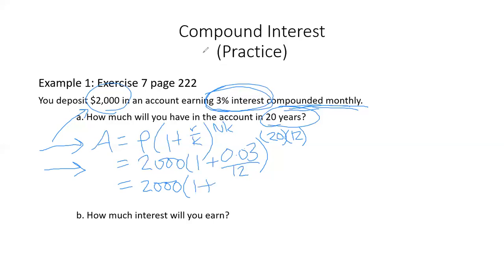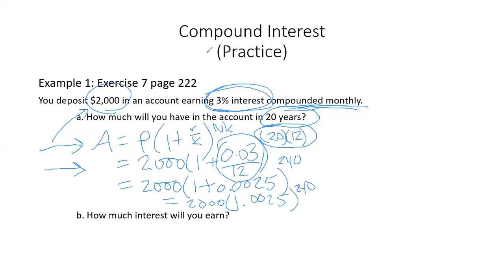I will first in my calculator simplify 0.03 divided by 12, and I should have 0.0025. And while I'm at it, I can also simplify this 12 times 20, so to the 240th power. I can go one step further here, 2,000, and then in parentheses, I'm going to add those together, so 1.0025